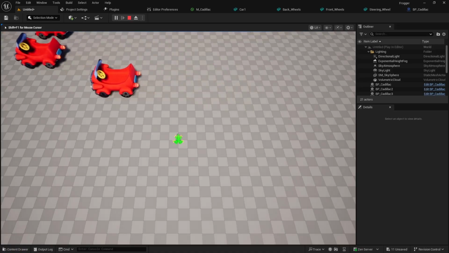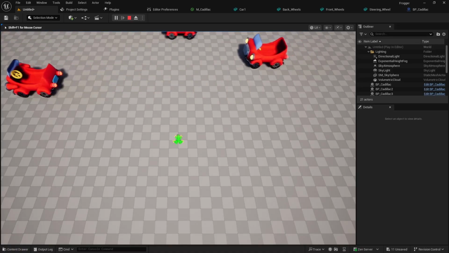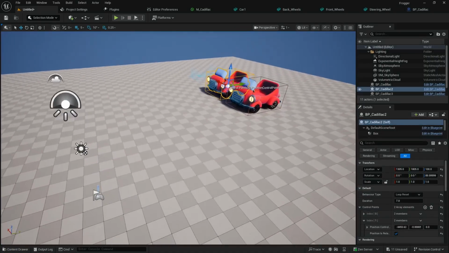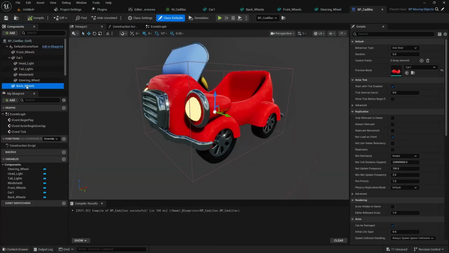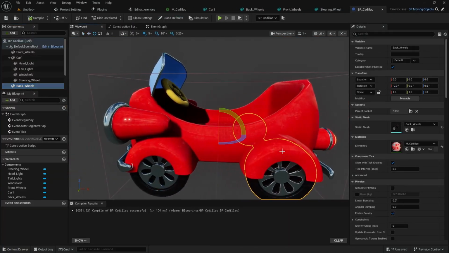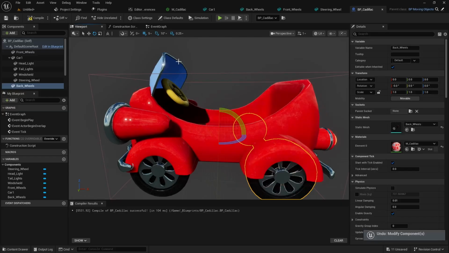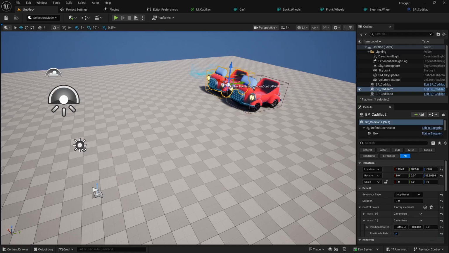But that's only somewhat interesting. We still want to animate the vehicle. So let's go ahead and work on that. Now remember, I hinted at there was an issue with the front and back wheels. You'll notice the pivot point is offset, so I can't really rotate that easily. But what I can do is I can go back